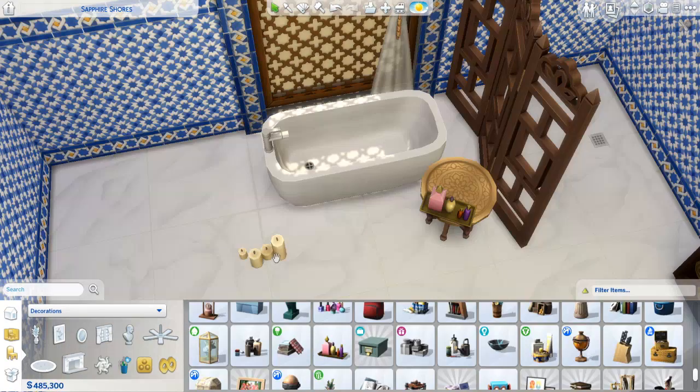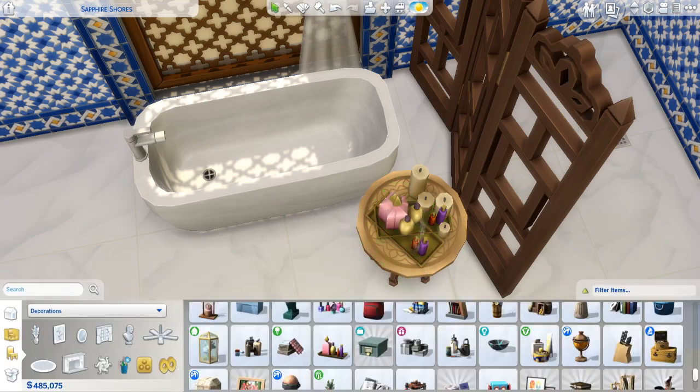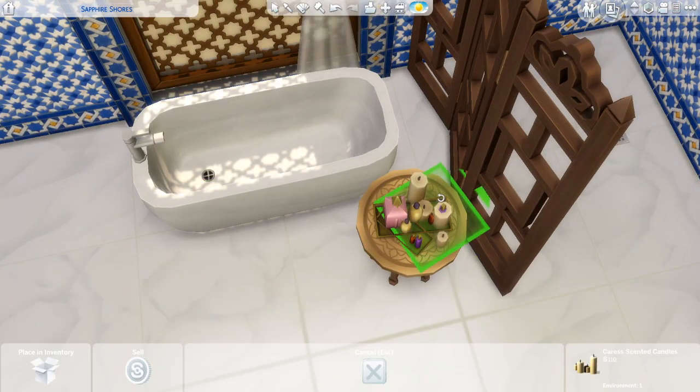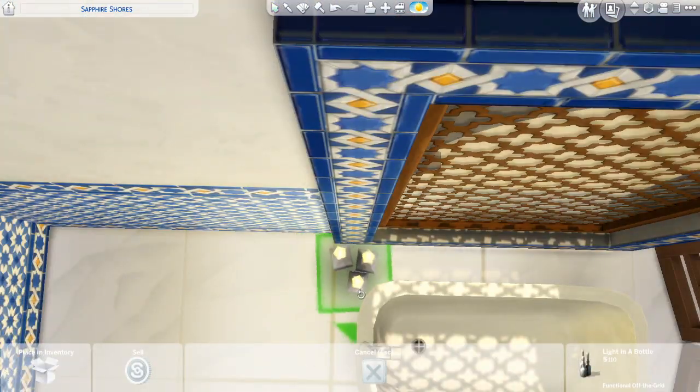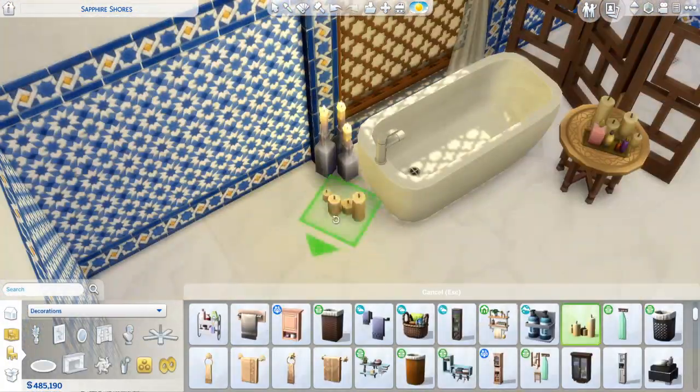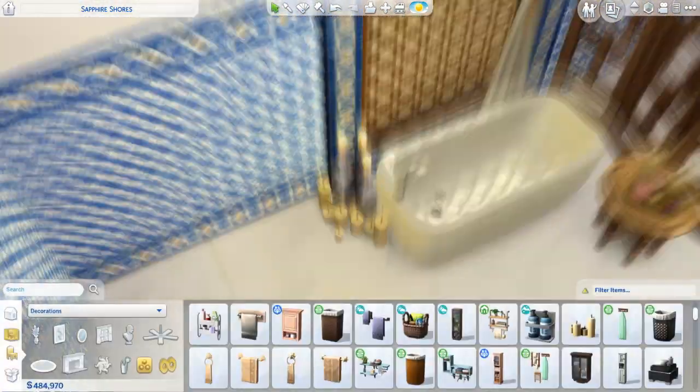There's definitely a lot of openness in this house, and as you can see, this is the master bathroom and there is no separation between the bedroom and the bathroom itself. Really like that aesthetic. And here I definitely used a lot of the beautiful mosaic tiles that we got with